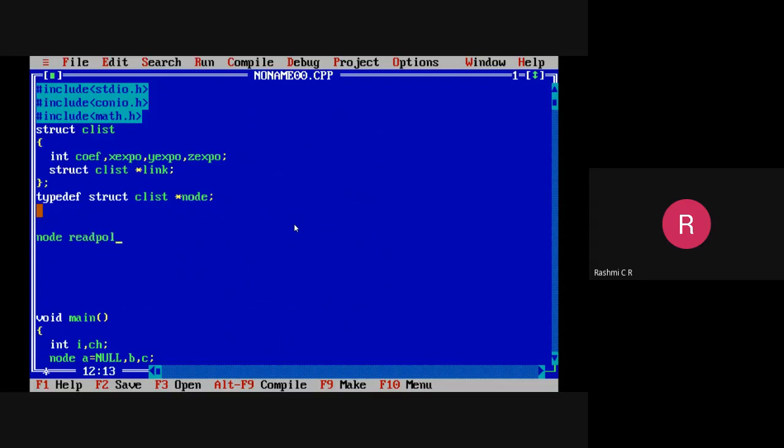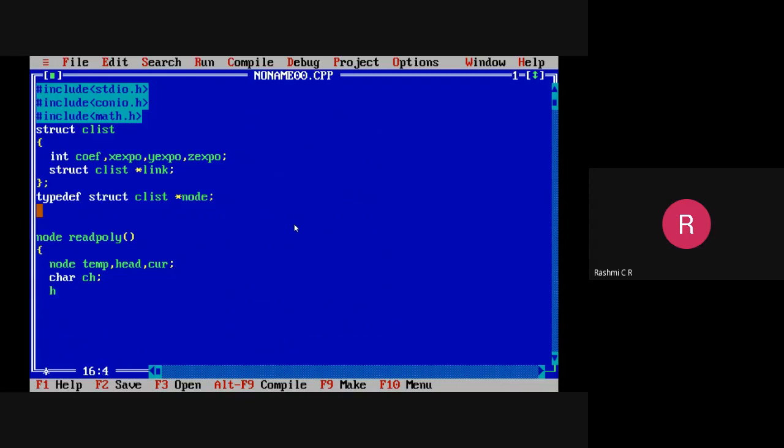And we are reading the polynomial. So for doing that, we'll define the temporary variable. Temporary variable is for creating the new node, and we need a header node, and also we are considering another variable called current. We should check why it is required. All the terms here can be your character type or your exponential. So here we will consider character ch for fetching the new choices. Let us understand with the implementation.